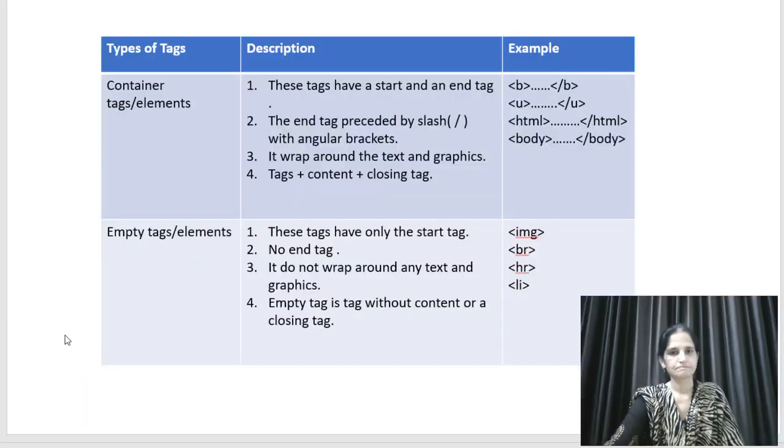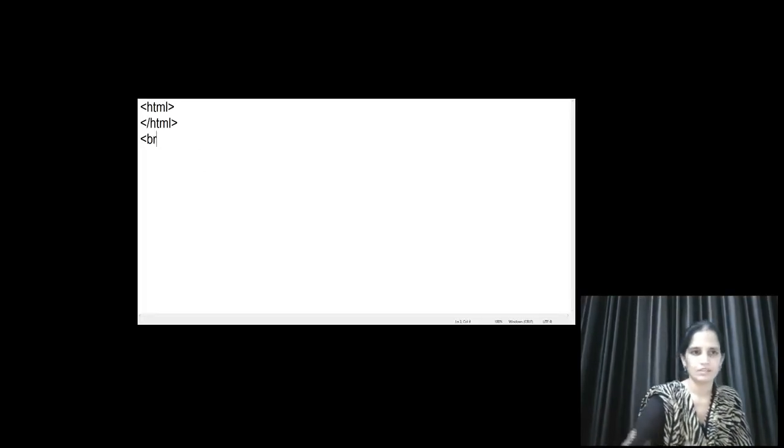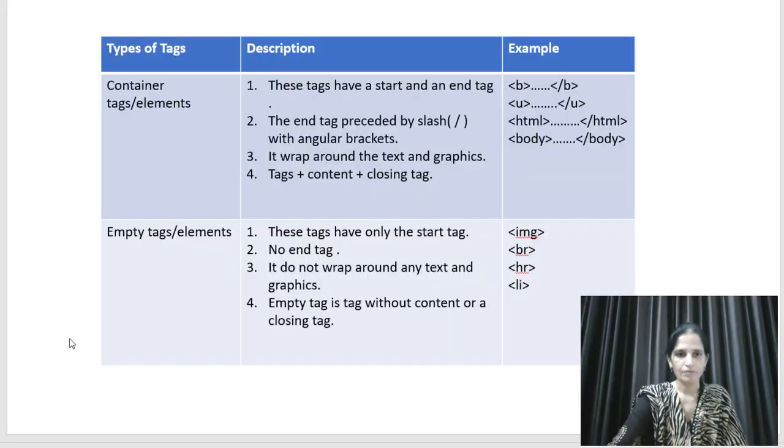And what do you mean by the empty tag? It has no need to be closed. Many empty tags are there. For example, BR. When you write the BR tag, there is no ending tag. When you don't close the tag, when you have no need for a front slash or an ending tag, this type of tag is called an empty tag. But when a tag has a starting as well as an ending tag, these are container tags.